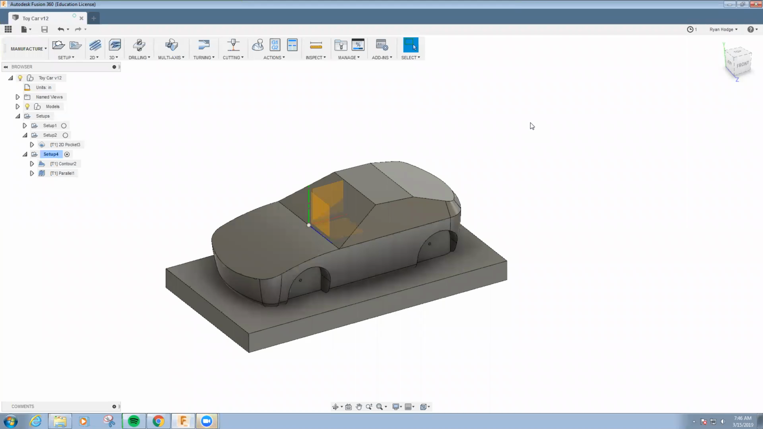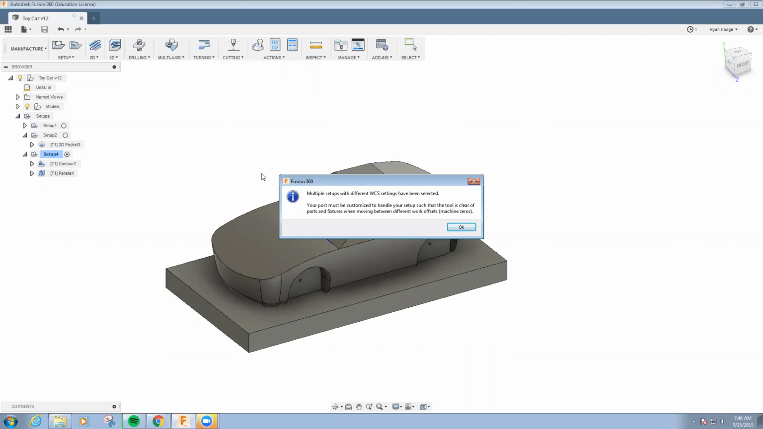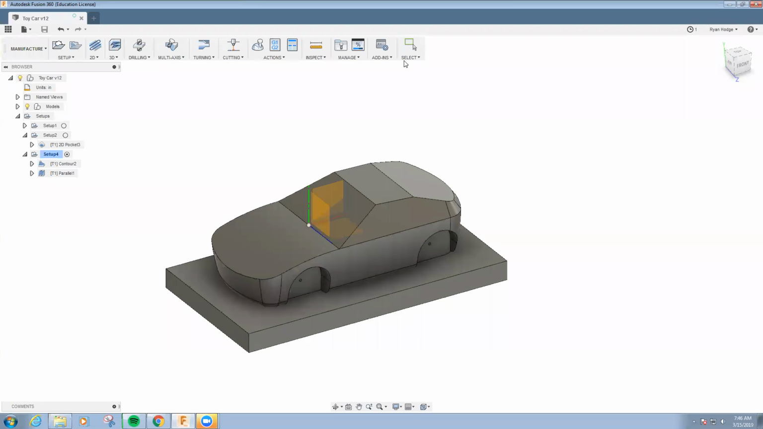So now that we've done our tool setups and we've simulated everything to make sure they work, we'll go ahead and post out the G code to the machine. We can select this Actions tab and Post Process. So I failed to select the setup that I wanted to post out. So I'm going to close this out. And I need to